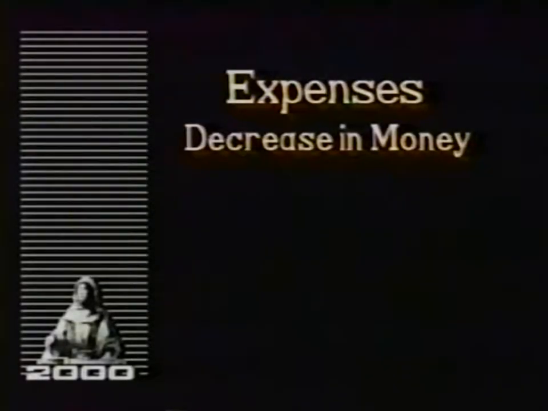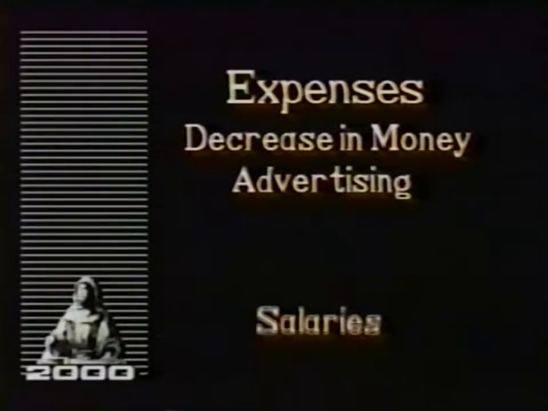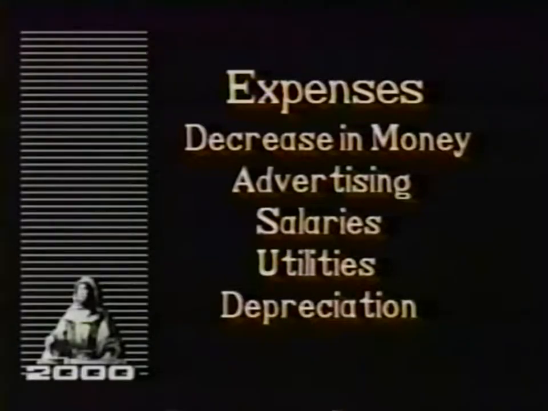Differing from these examples is revenue, which is an increase in equity from the sale of products or services. Increases in owner equity are credits, so revenue is a credit. Typically, sales revenue is credited to the sales revenue account. Expenses are decreases in money due to the cost of making products or providing services. Examples include advertising, salaries, utilities, depreciation of facilities, etc.